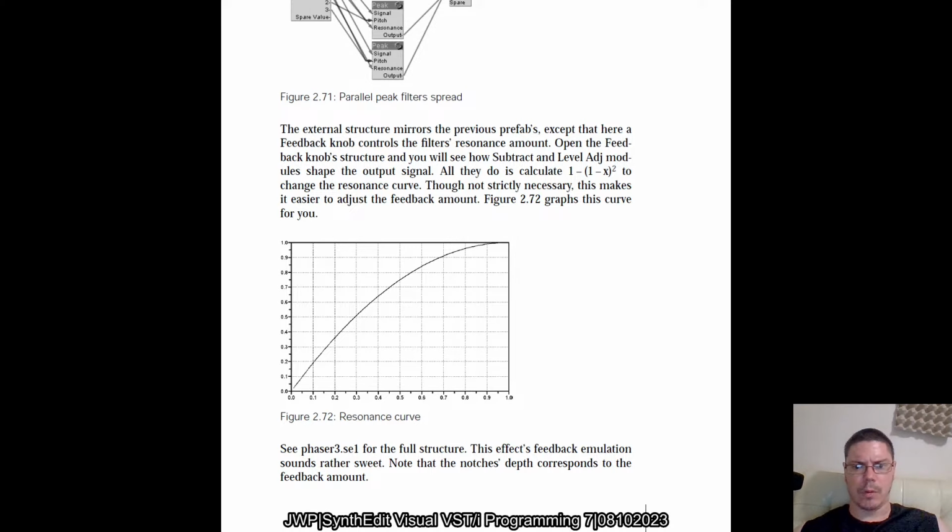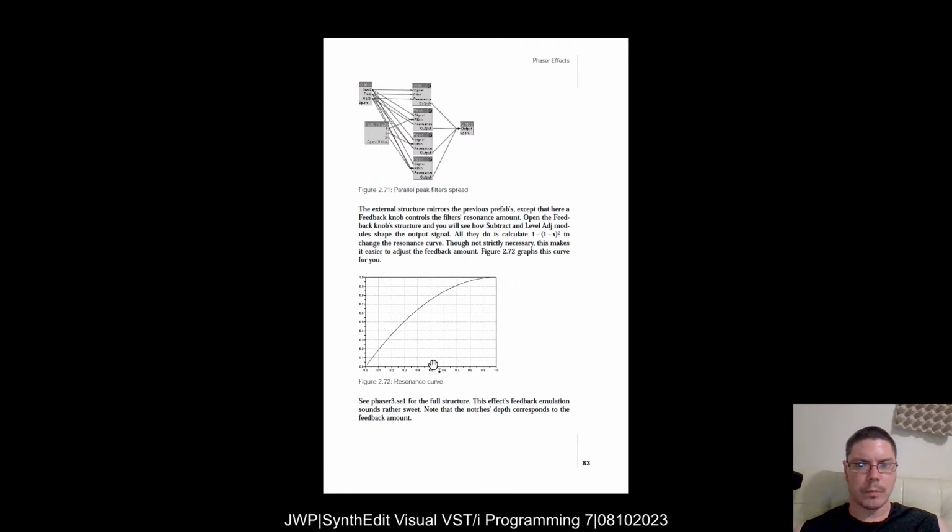See phaser 3 for the full structure. This affects feedback emulation, sounds rather sweet. Note the notch's depth corresponds to the feedback amount. Okay, so